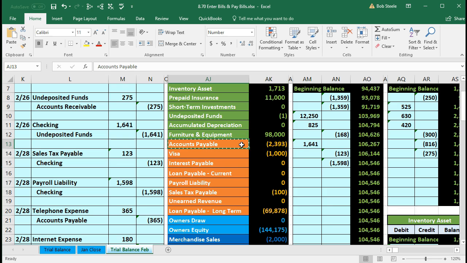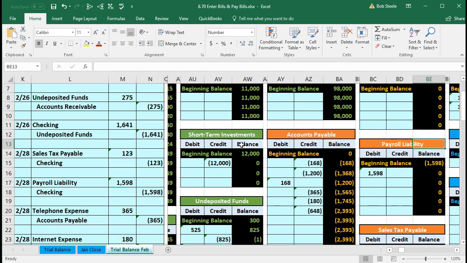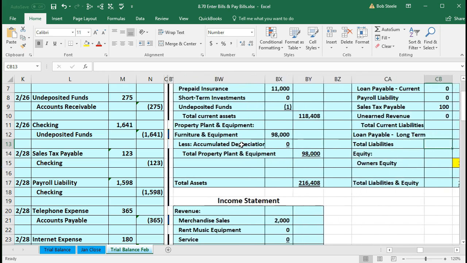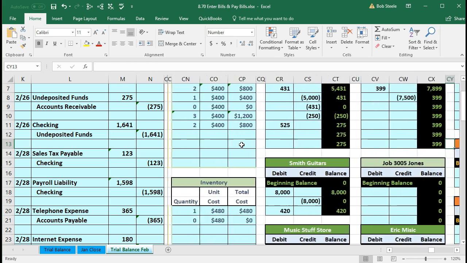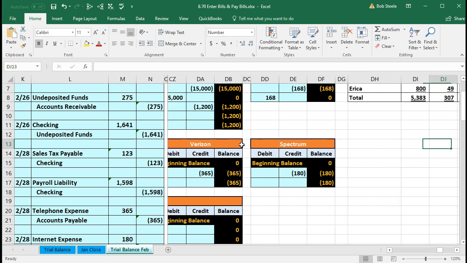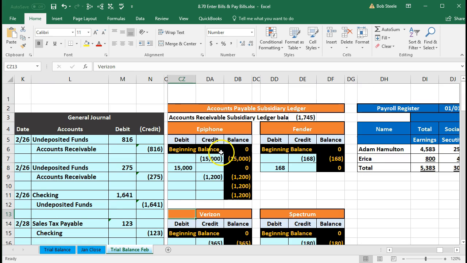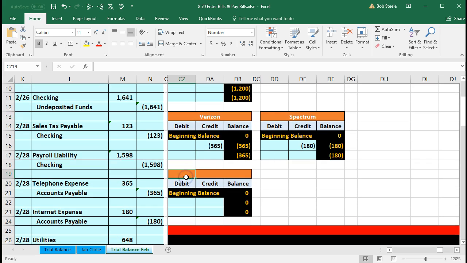So we're going to do that, we need to go to the subsidiary ledger all the way to the right. We're going to scroll to the right to the subsidiary ledgers. The subsidiary ledger is going to be in order by vendor, the people that we owe money to, and there's the subsidiary ledger for accounts receivable, the people that owe us money, and then here's the people we owe. We are in columns CZ through DF, and we need Edison. That's going to be a new one again, so we're going to put Edison